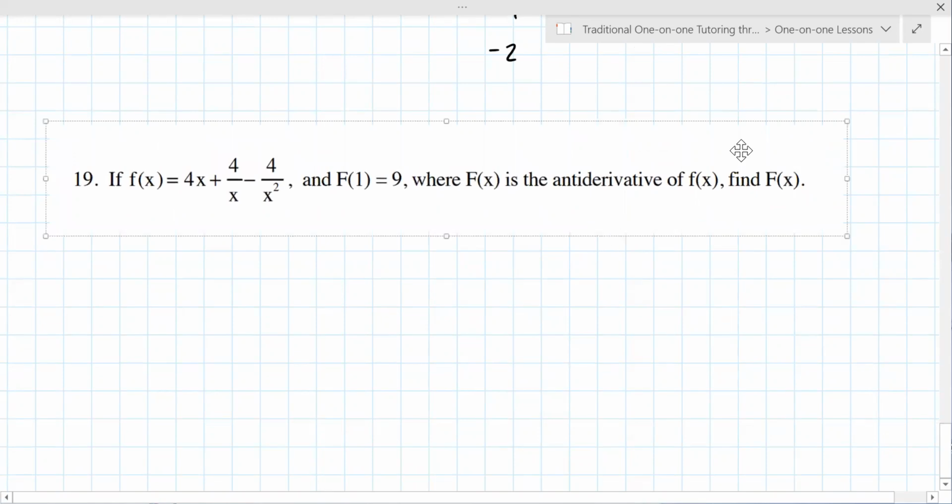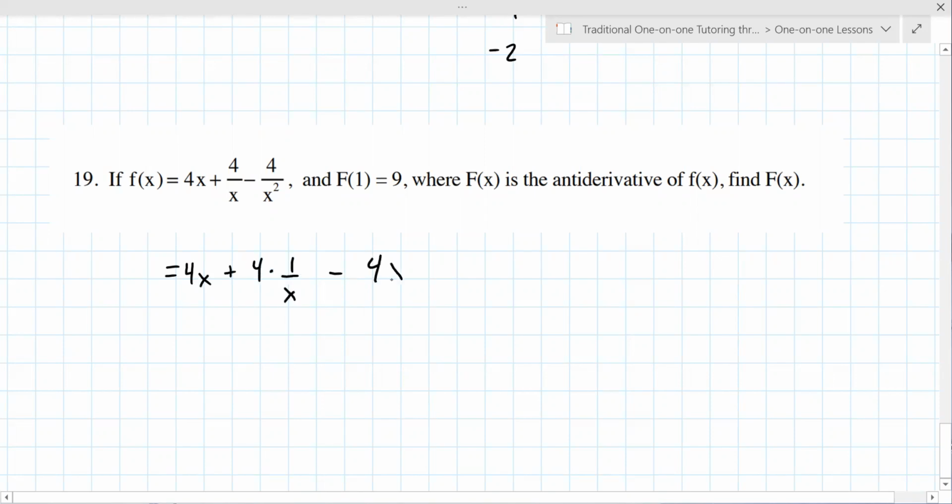So we have to find the antiderivative of this and then evaluate it at 9, given f of 1 equals 9. You're finding the antiderivative of each term. So what you might want to do is rewrite this slightly like this, to help. So it looks like the antiderivative will be like